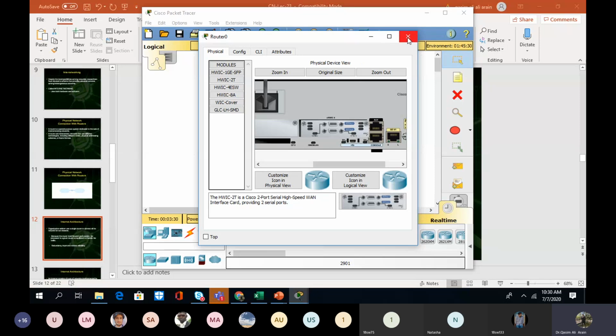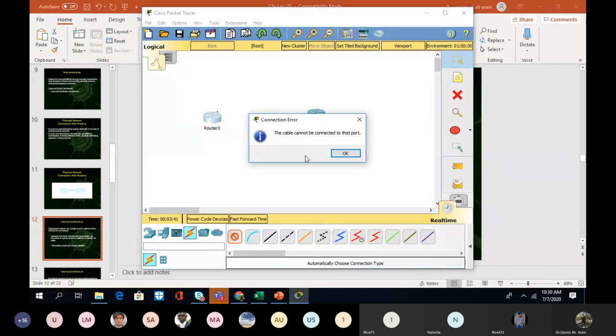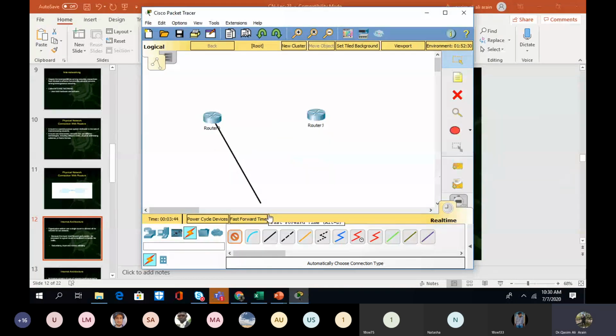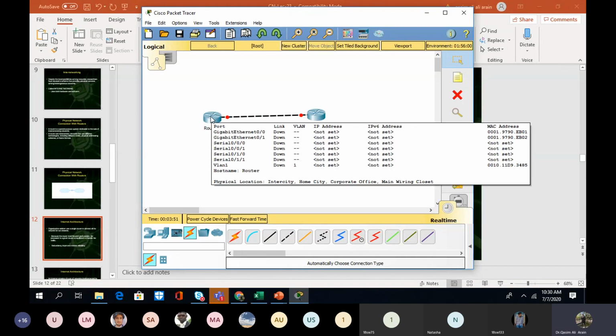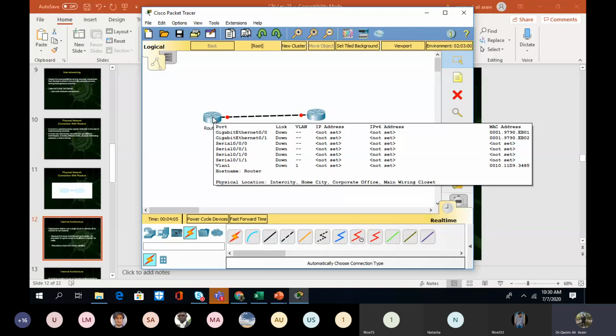And to connect multiple routers together you might have the connectivity that is called as... ठीक है। अब ये आपके पास कनेक्टिविटी है कि आप किस तरह से दो राउटर्स को आपस में कनेक्ट करते हैं। अब नाउ सी, अब जैसे ही मैंने इसके ऊपर क्लिक किया तो दिस इज गोइंग टू शो यू डिफरेंट कनेक्शंस। अब इसमें देखें, इफ यू कैन सी पोर्ट, सॉरी, अब देखें इसमें गीगाबिट ईथरनेट 1 is down, serial 0/1 is down, सारे के सारे आपके पास जो लिंक्स हैं वो डाउन है आपके पास। ठीक है, फिजिकल लोकेशन, इंटरसिटी, होम सिटी, कॉर्पोरेट सिटी एंड लाइक समथिंग लाइक दैट।